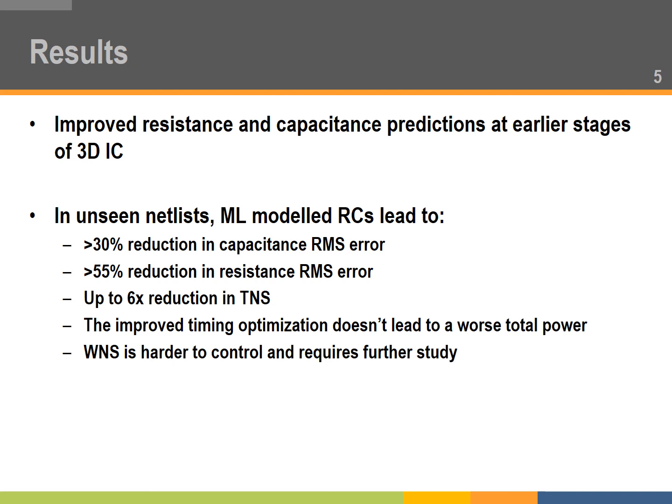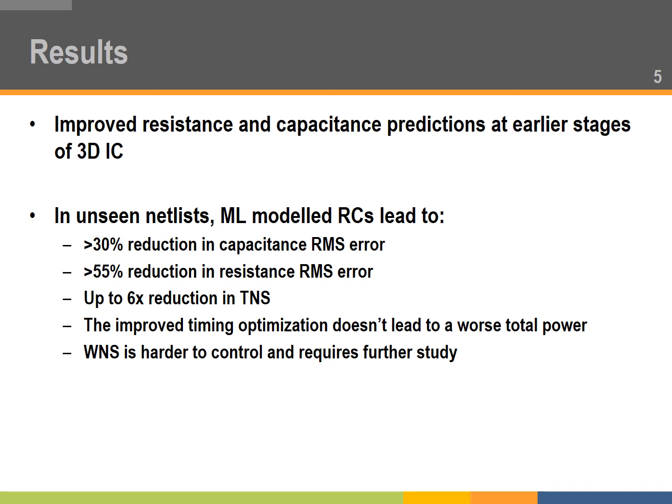And we see that even when the total net slack is reduced by up to 6 times, the total power is not changed by a lot, and this is because the optimization is done properly, and it's not just simply upsizing all the cells to have a better TNS. So it's properly upsizing at the proper cells and downsizing at the proper cells, so that the overall power is